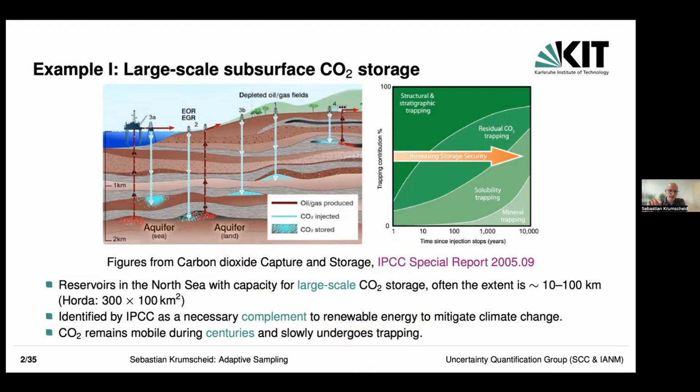As I said, that's a real operational thing. For example, I forgot the precise figures, but Germany is transferring money to Norway such that Norway is storing Germany's CO2 in subsurface areas off the coast in the North Sea, such that Germany can have a balanced CO2 level. So as I said before, that's a complex process. You want to store the CO2, and you want to do this for very long time scales, such that we make sure it stays down there.